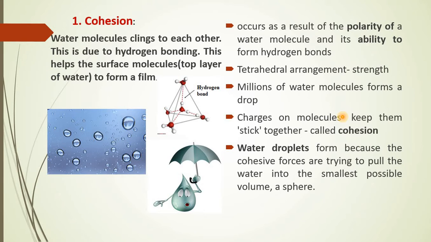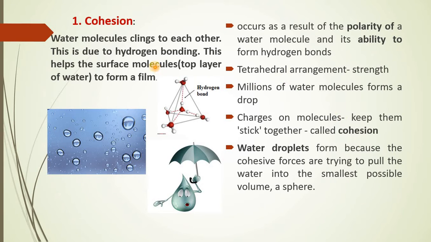The first important property of water is cohesion. Now what is cohesion? Cohesion refers to clinging. Clinging means the molecules come close to one another and are seen adhered, stuck to one another. Now this sticking or clinging of molecules is only because of the hydrogen bonding, and this cohesion property is always seen on the surface molecules of the water layer, which gives rise to the formation of a thin film-like structure, right?